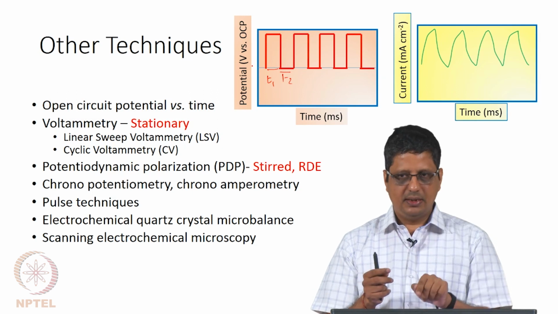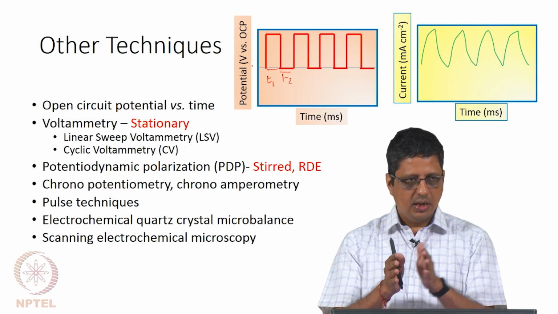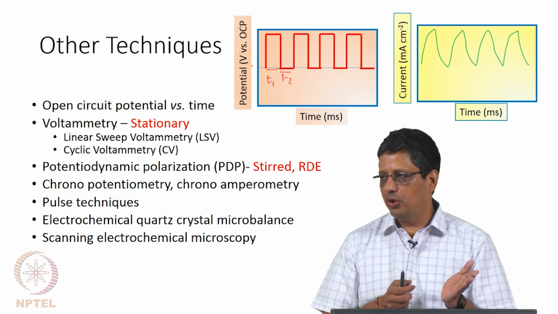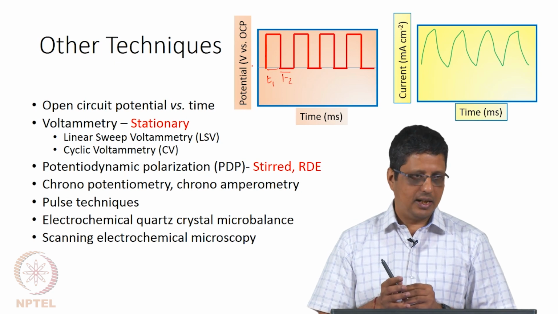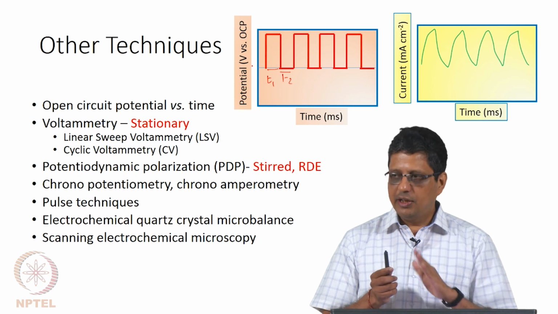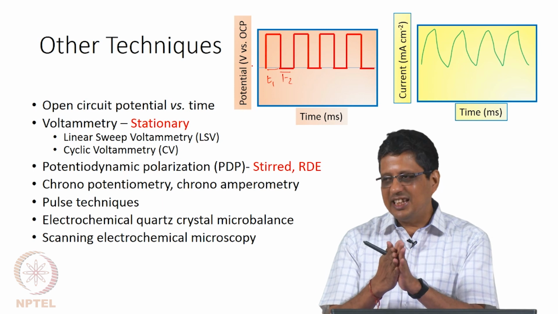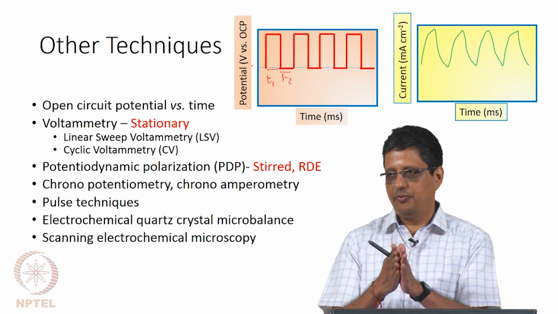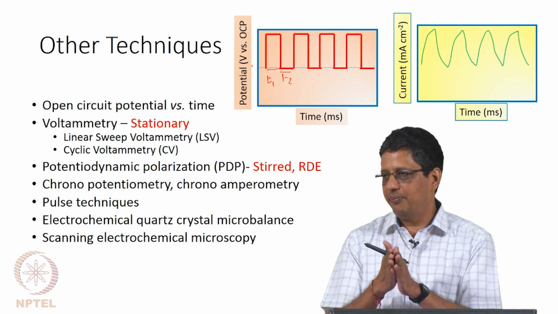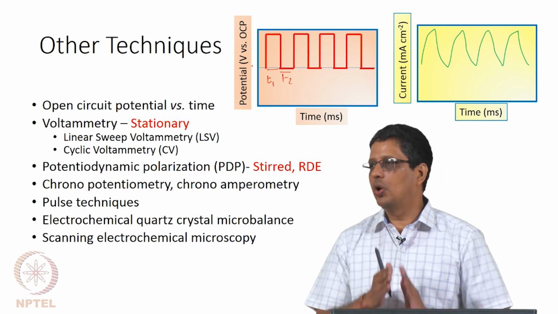That is why you give a pulse: during that time it will deposit, then pause for a few milliseconds, diffusion happens, and again deposit, with the concentration more or less the same as what it was before. So the quality of the deposit may be better this way. The reverse pulse sometimes will remove material. If you give reverse, the hope or expectation is that it will remove the material that is not sticking well, that will go first. Material that is deposited and stuck well to the surface will not come out in the short time. So the net deposition rate will be lower, but you will get a good quality material.